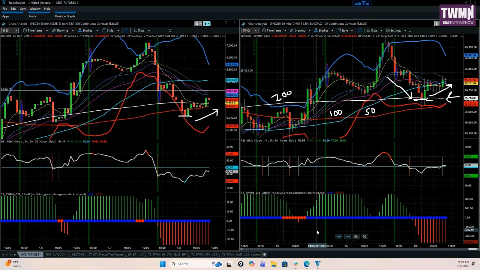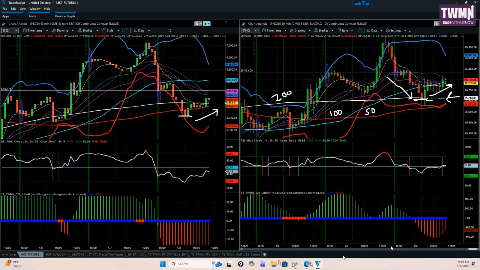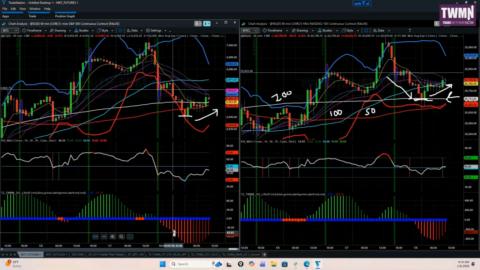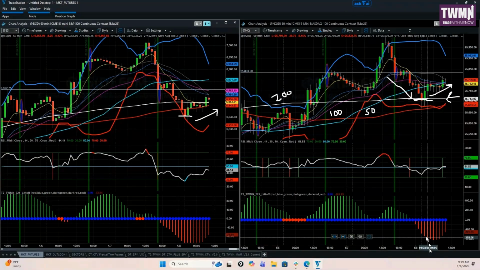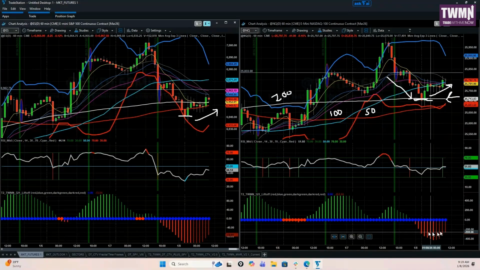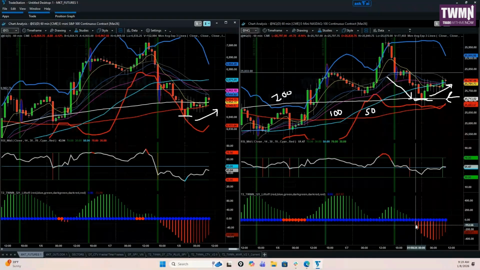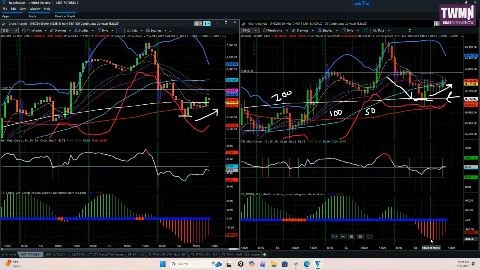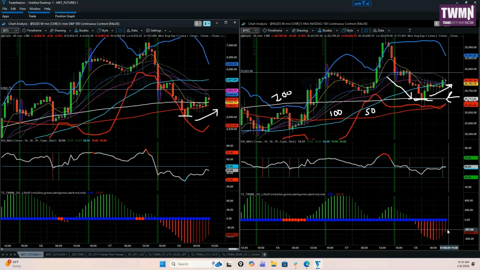You look at the RSI, you've got the 321 down here. You've got negative MOMO going on, momentum on the 321 indicator. We're down here in a red histogram, but notice it went from a bright red to dark red. What that means is that the intensity of the momentum is changing. It was getting stronger and stronger to the negative side, and then it hit a bottom and started changing, and it's getting less and less negative. So there's a good chance it continues to get less negative, and it can come back to the zero